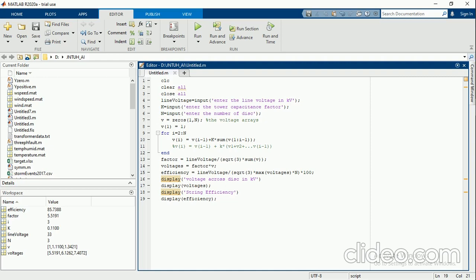So that's why in the factor I just consider line voltage divided by square root of 3 into the sum of all the voltages. Here this sum is represented by the zeroth matrix. Each and every value will be replaced. Once I got this factor and the V1 value, V matrices, I just multiply each and every one.